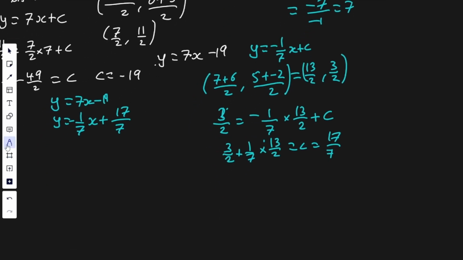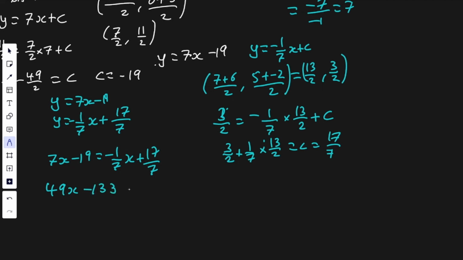Next, we want to find where these two lines meet, because that's our center. The perpendicular bisector goes through the center, which means if we have two lines that only meet each other once, because all straight lines do that, where they meet must be the center, because they both go through the center. So we equate them together, giving us 7x minus 19 equals minus a 7th x plus 17 over 7. We hate fractions, so we're going to get rid of this. We're going to multiply both sides by 7, giving us 49x